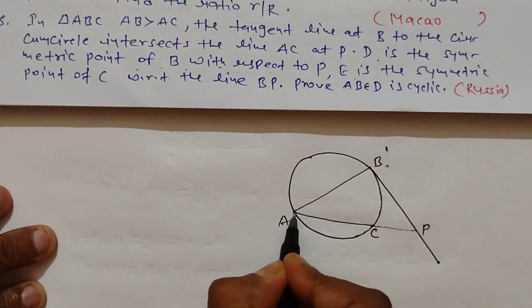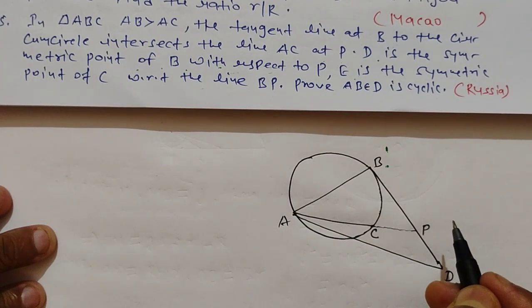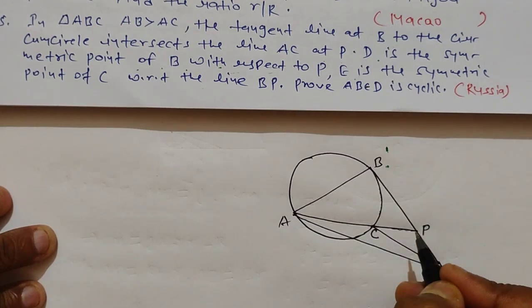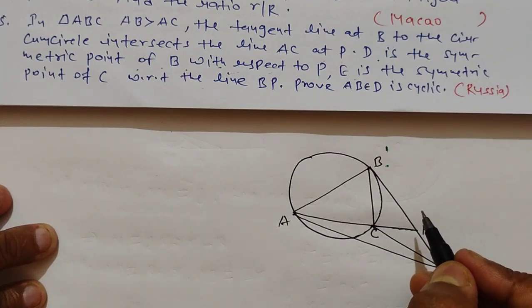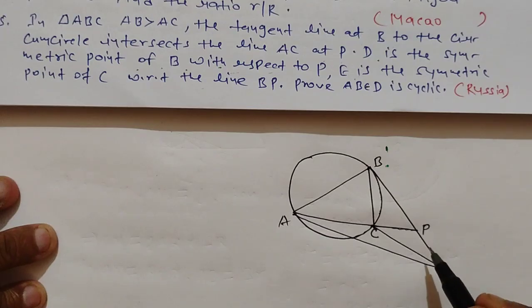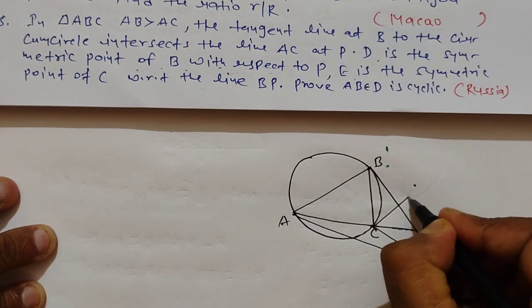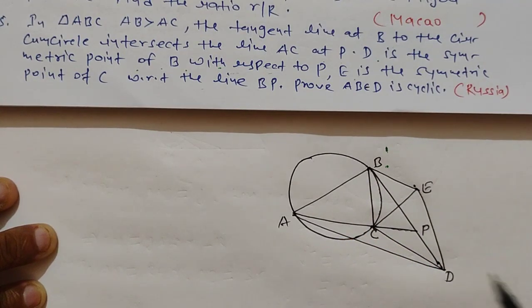and also this is to be connected, A to D here, and here C to D, and we have connected C to P here, and also BC is the chord, and also BD is connected, and here is the point E, and now this point and this point will be connected,